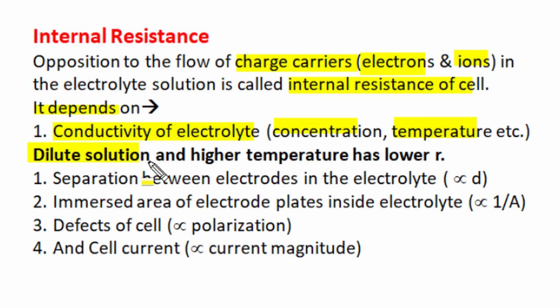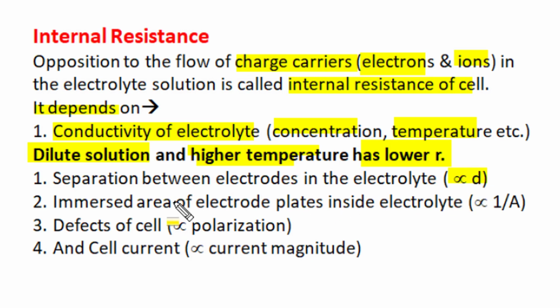Dilute solutions having lesser amount of material have better ionization and higher conductivity, and higher temperature increases the mobility of ions and increases conductivity. So a dilute solution and higher temperature have lower internal resistance. Now the separation between the positive and negative electrode decides the length of current flow, and internal resistance is directly proportional to